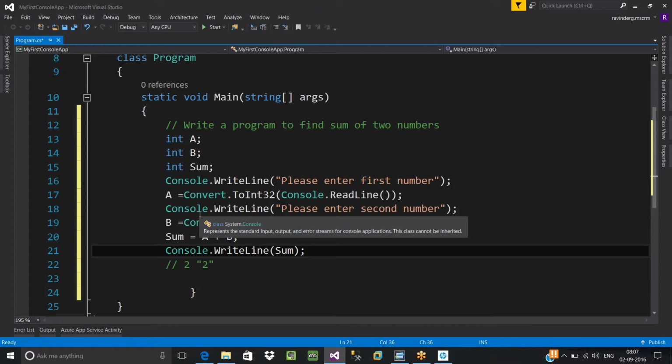Right? We have automated the process of something. We have automated the process of finding the sum of two numbers. This is a very small requirement. It can be a bigger one. When it comes to a real-time environment, you might see some complex requirements, but ultimately the process will remain the same. You need to automate the manual process. That is called a project.